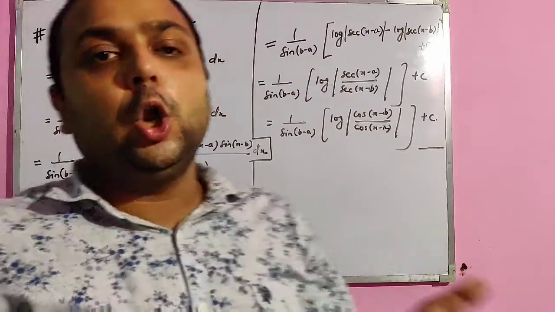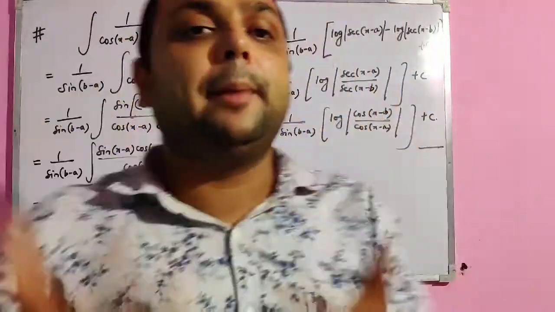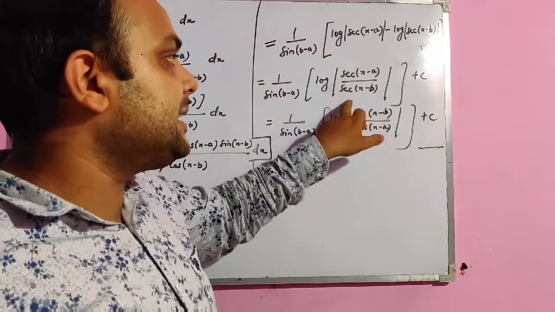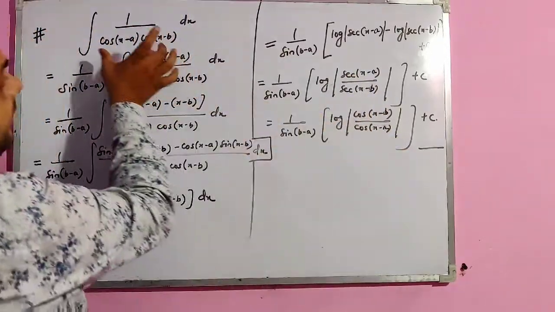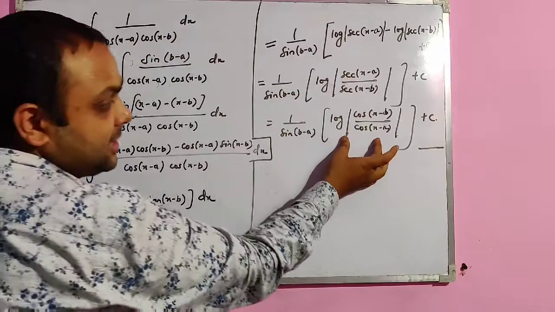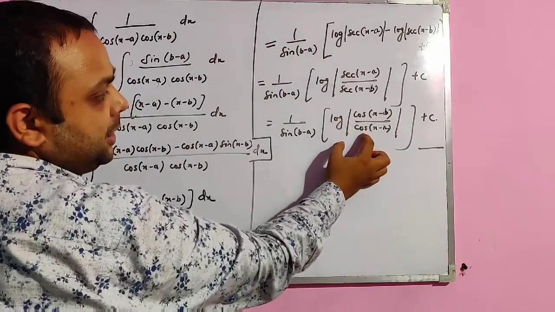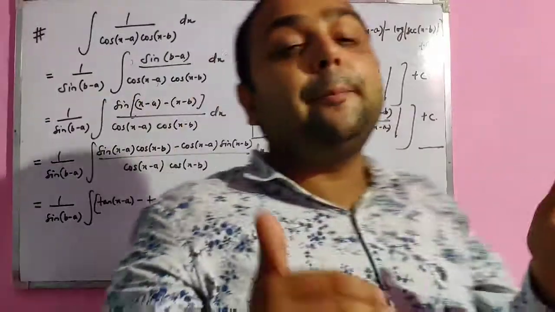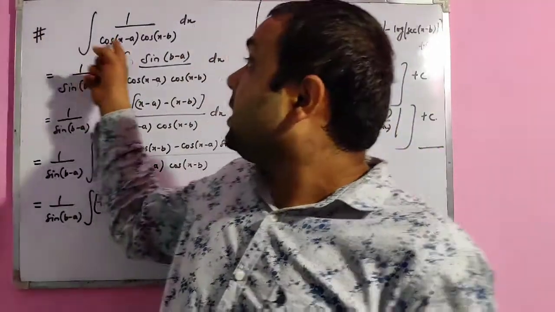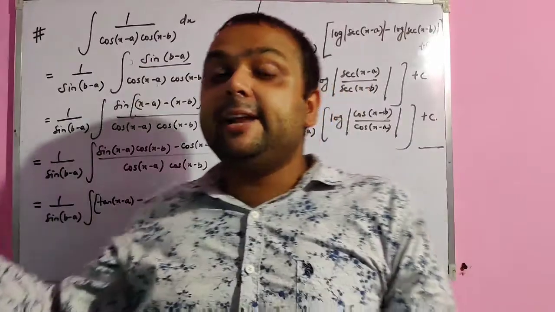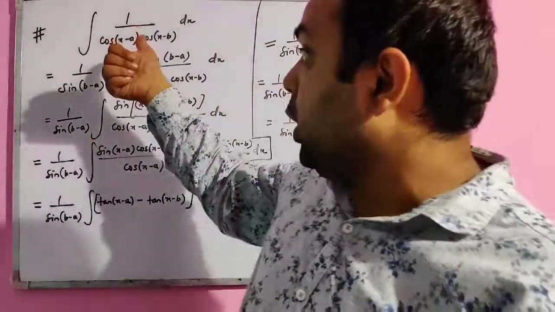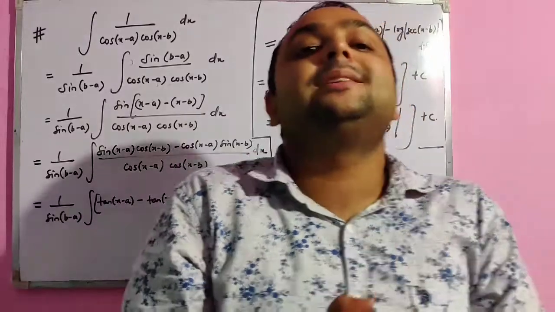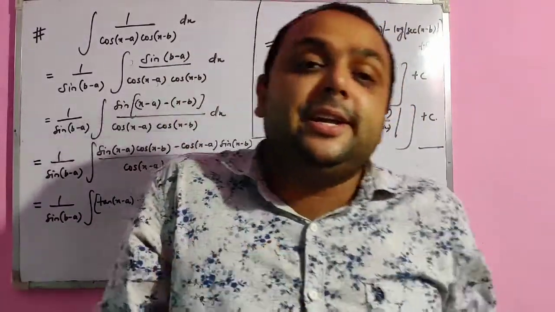Now we all know log a minus log b equals log(a by b). So I have written it as a division and then converted this sec into cos. You will see that whatever we have in the question, we get as the answer: cos(x minus b) and cos(x minus a), we have in the question also. So this is the pattern question. If it is sine here, we have to multiply and divide by cos. If it is cos, we have to multiply and divide by sine. So I hope you understand how to use the identities.